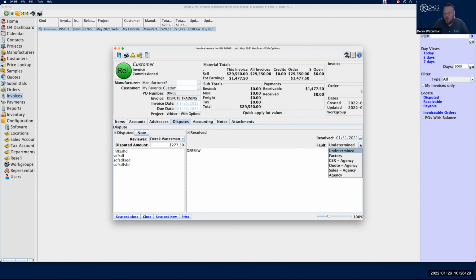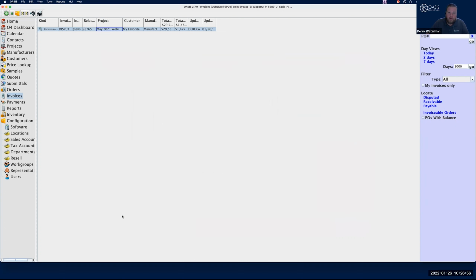And you can determine what was the resolution. So let's say in the dispute, you find out it was an error on the agency's part, and that you won't be getting the extra commission, and you determined it was maybe a CSR error. So you can denote that it's a CSR internal to the agency. Again, you can write more notes. And now